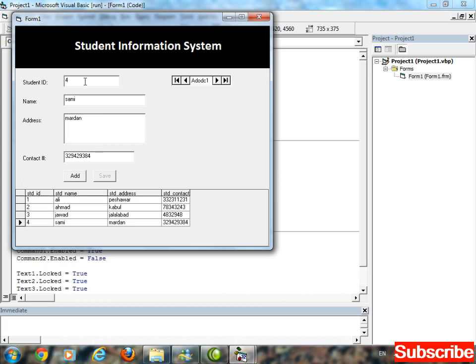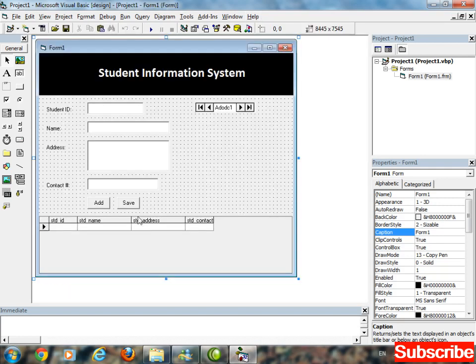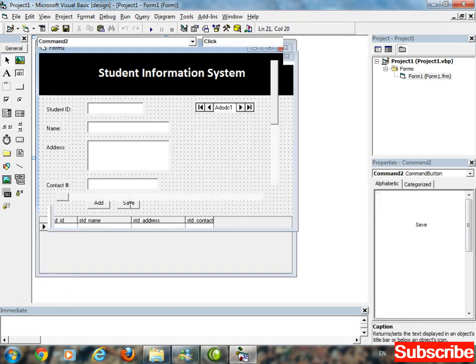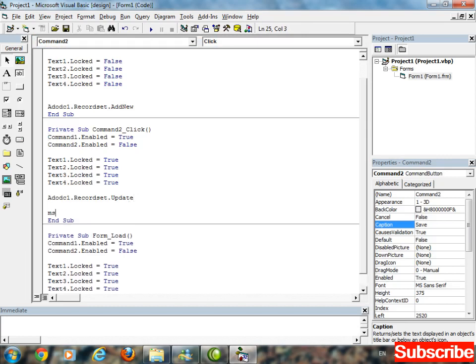After saving the record, a message box will appear: the record has been saved. That's simple. Double click on save button. And after updating the record, just write a message box.